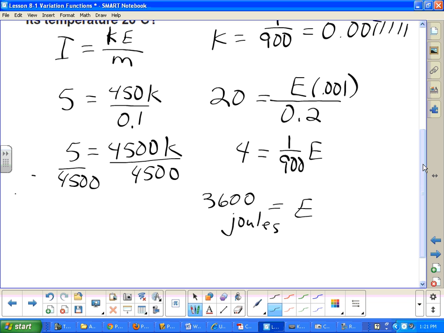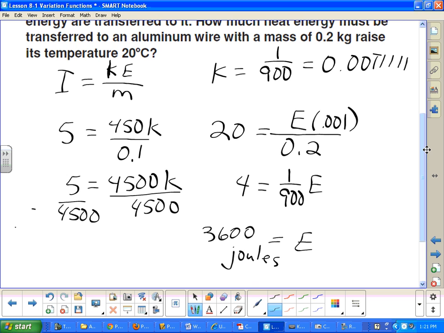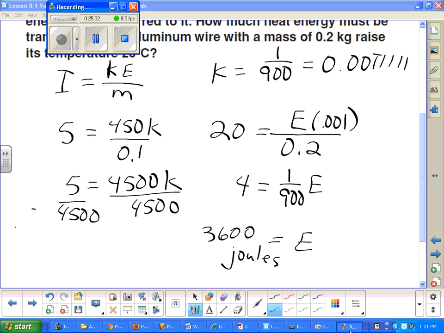Okay. How do we get 3,600? All right, I multiplied by 0.2, and I got 4. Okay. This number here, 0.001, is 1 over 900, so I changed it back to 1 over 900. And then to get rid of this 1 over 900, I have to multiply by 900. 900 times 4 is 3,600. Okay? All right, so